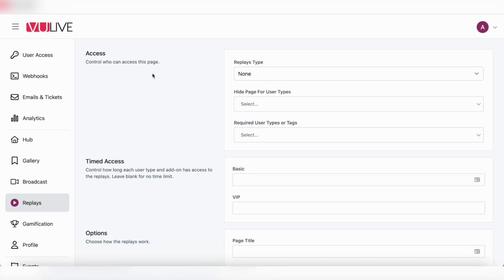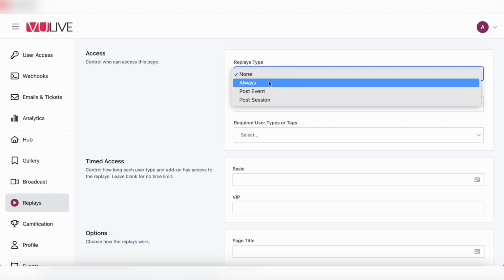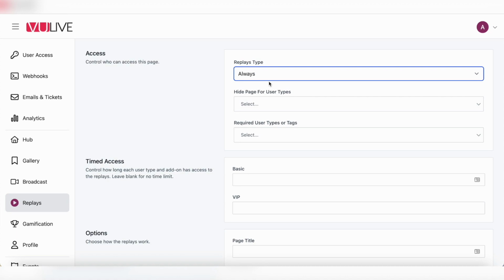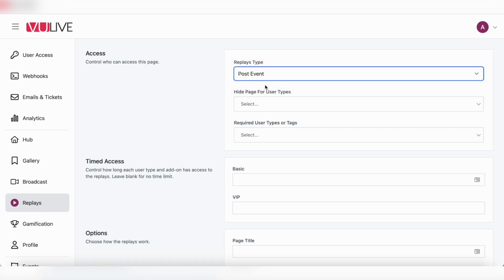At the top, we have our access settings, which determine who can access the replays for the event at which point in time. The first option is the replays type. We can choose between none, if we don't want replays to be active, always, which will give users instant access to all replays, regardless of when the actual session goes live in your event schedule, post-event, which means that once your event concludes, the replays will become activated and users can watch the replays after the final session of your event has played out,